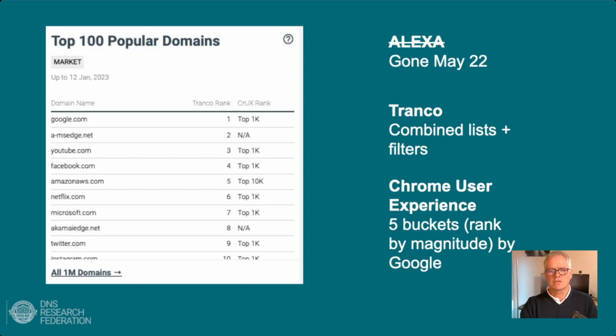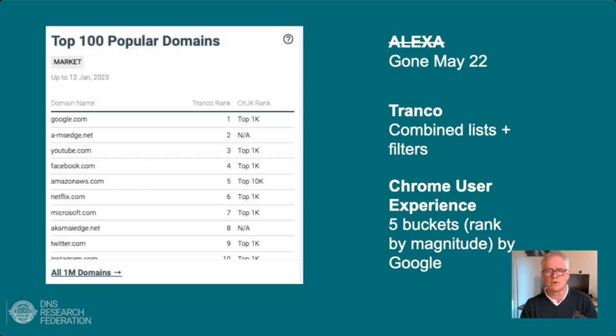Here we're looking at the top 100 popular domains. Some of you out there may know that we lost Alexa, the top 1 million websites, in May 2022. We have another couple of raw data feeds that are feeding into our own measures for that. One is called Tranco, which is basically a combined list of top domains that are derived from several sources, and they have their own filters in that which extract out what they call bad domains, domains that are not